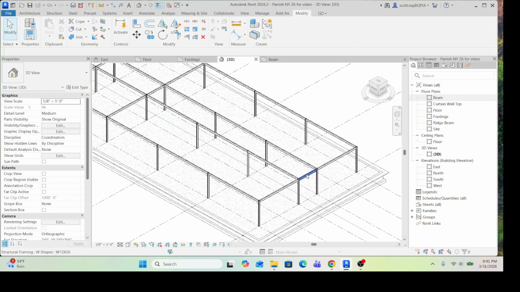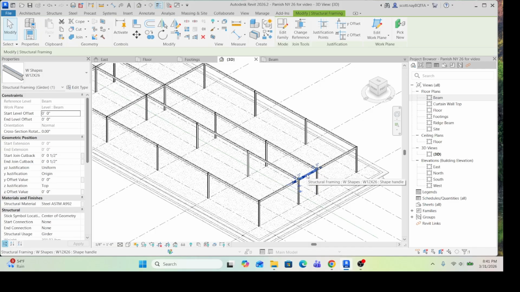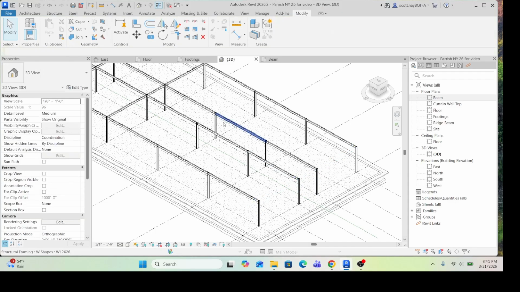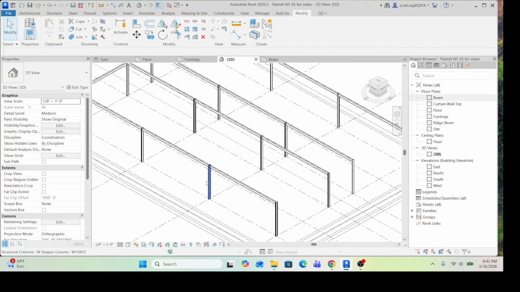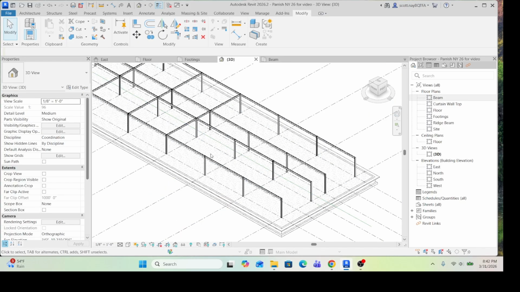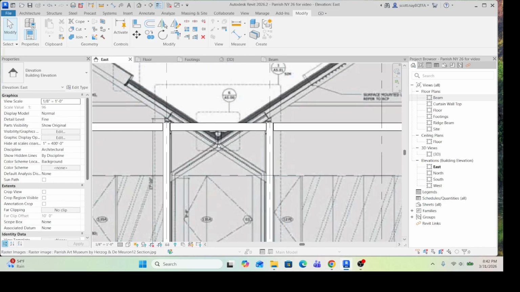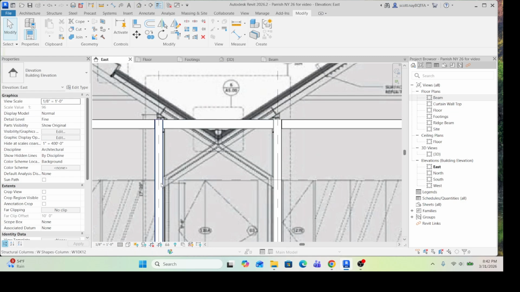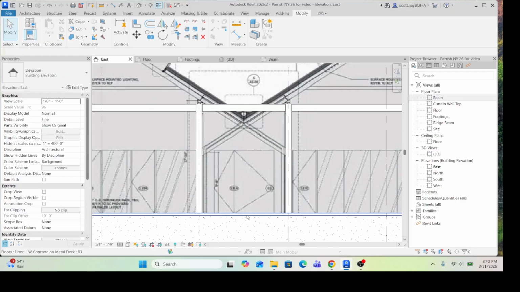But what I want when I'm done is just these long runs with our verticals here and go in this direction. I don't want any cross beams yet because those are all going to be at a pitch, and in the middle they're going to cross over each other like you can see here. So they're going to continue down until they get to the vertical column on the other side. So as you walk down the hallway in between all the art galleries, you've got this kind of X webbing above